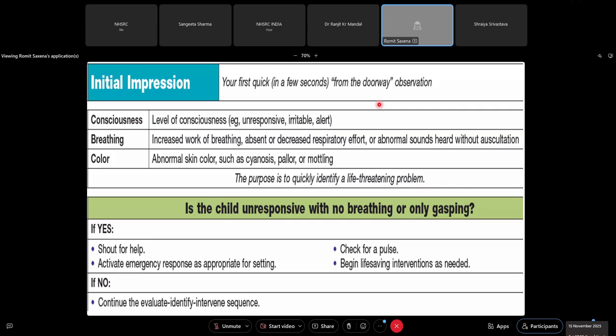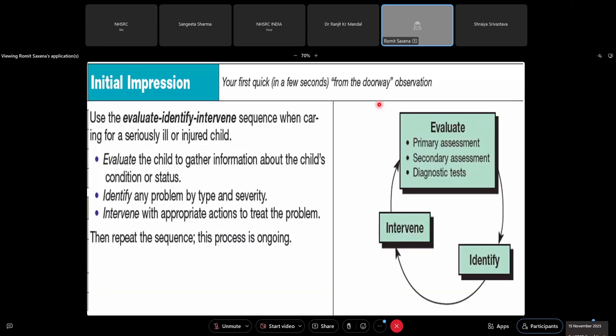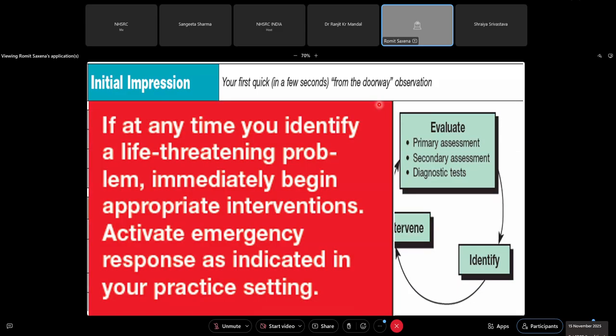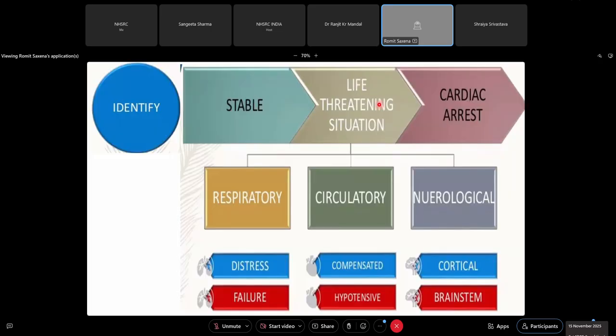After that, now you have stabilized them a little more, you go to the next part. After you've completed the initial assessment, at any time during this, if you have a patient who is in arrest, you stop everything and you start CPR. Then after this, you go on to the primary assessment and you try to identify through the ABCDE whether this life-threatening situation is because of respiratory, circulatory, or neurological causes.